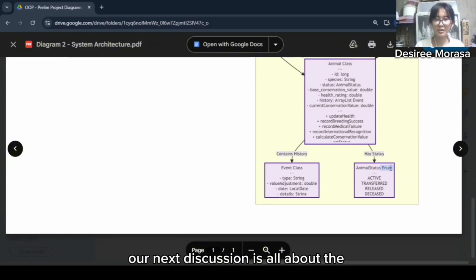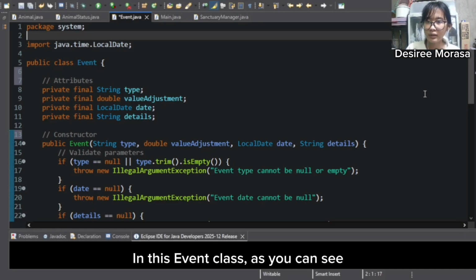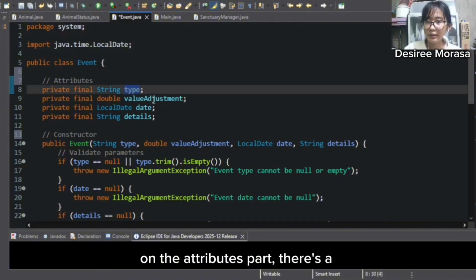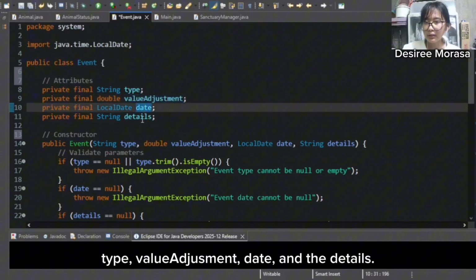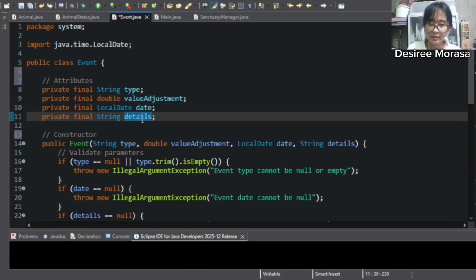Our next discussion is all about the event class, which records everything that happens to an animal. In this event class, as you can see in the attribute part, there's a type, value adjustment, date, and the details.